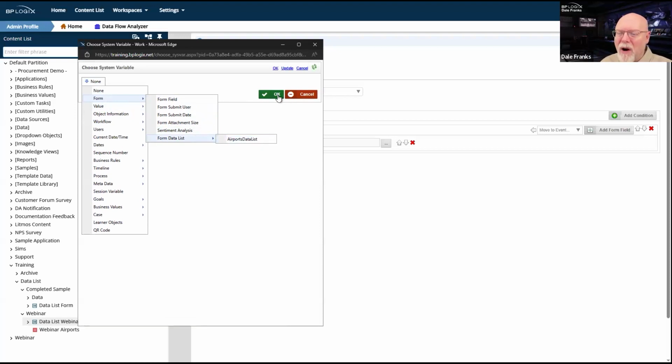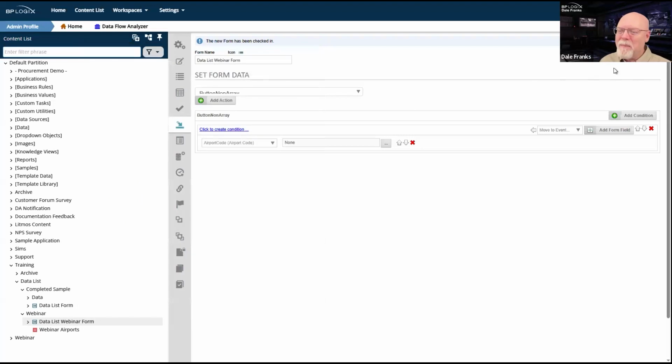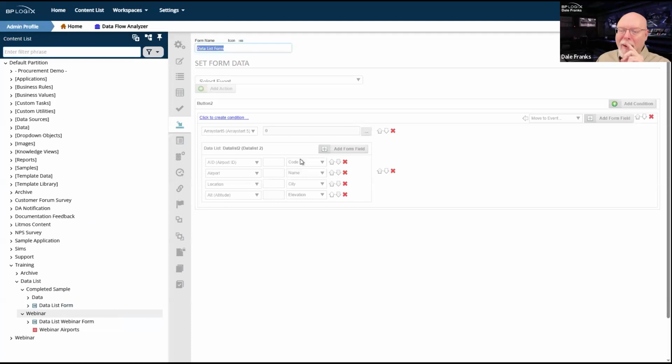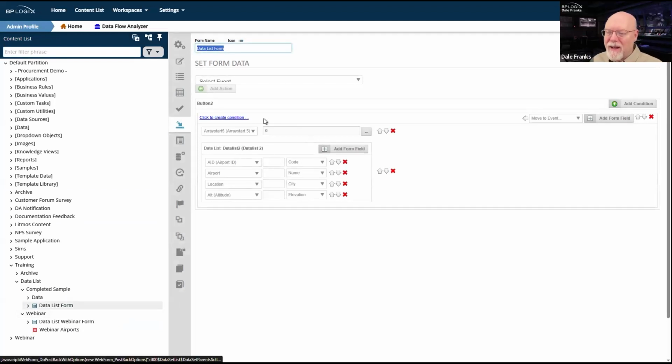I've done something wrong, clearly. That's the trouble with the new stuff. This is why I always build an application prior to the webinar so that I can always go back. So it is data list, right? It says data list. I'm not entirely sure why it's not pulling the data list.